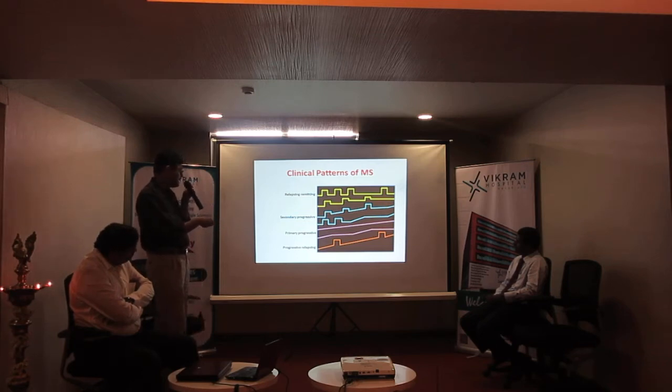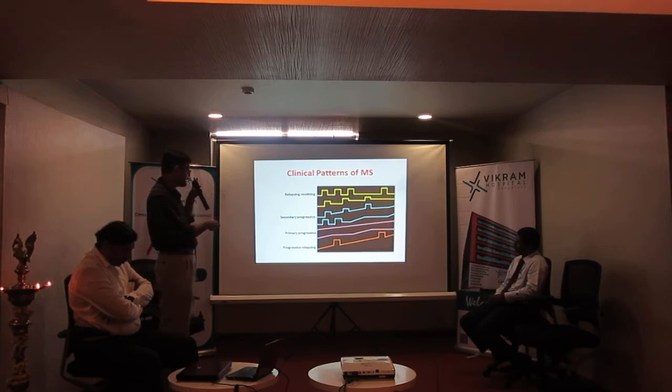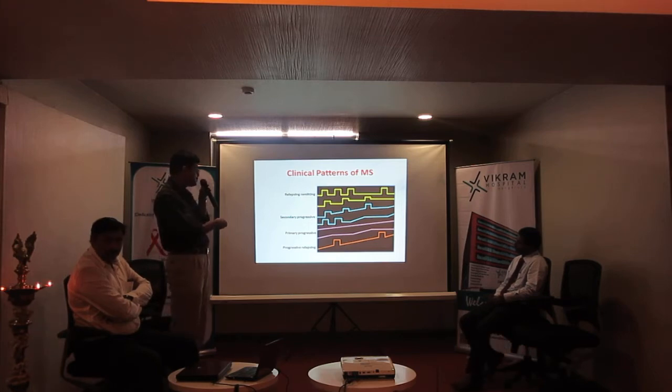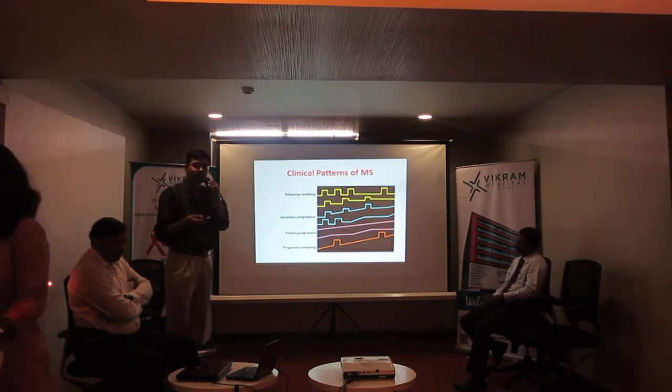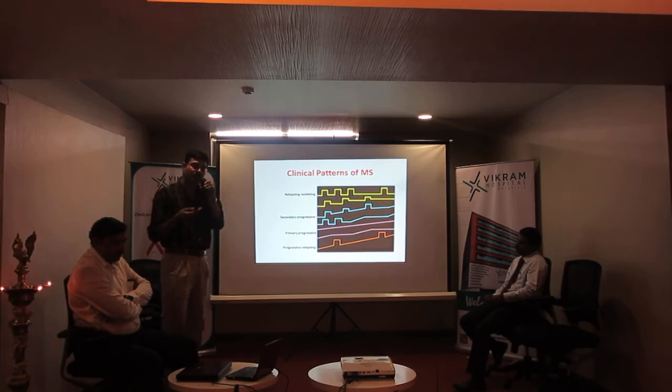The second variety is very closely related to the relapsing remitting type. It's called secondary progressive. It's sometimes very difficult to differentiate between these two. The pointer here is that in secondary progressive, the progression of symptoms is a lot more rapid than in relapsing remitting, in the sense that the person develops permanent disability a lot sooner than he or she would with relapsing remitting.